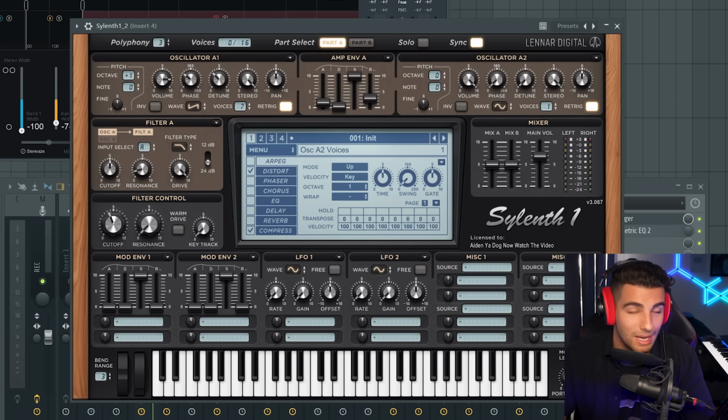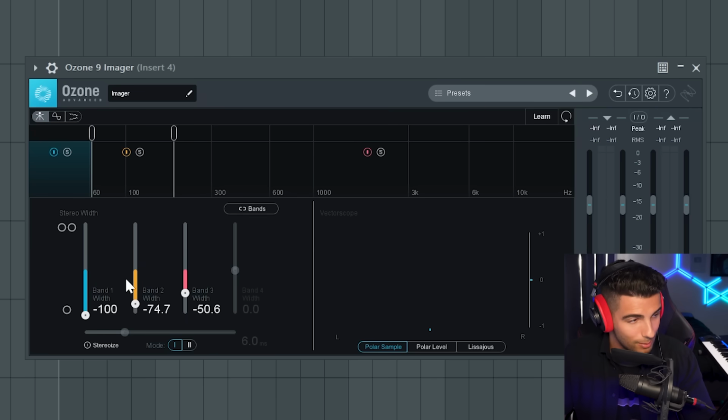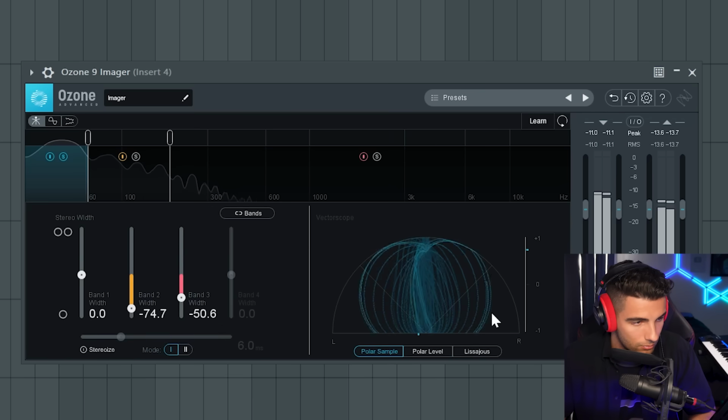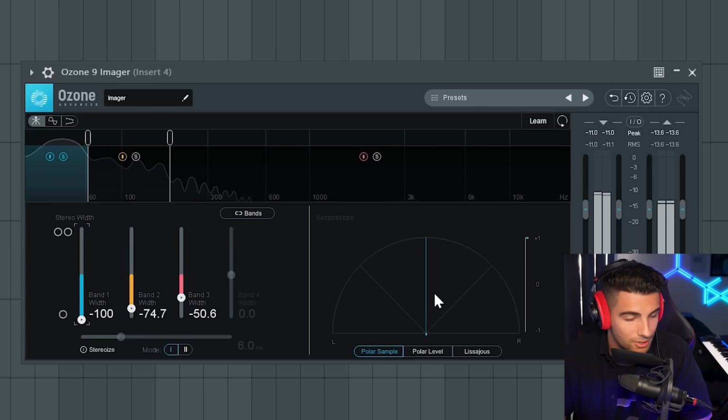They're really wide, and this normally wouldn't be a problem, but we're using this as a bass preset, which means that these sub frequencies here below 60 Hertz are going to have a really wide stereo width, and that's going to cause a bunch of phasing issues. So as you can see, I've brought these sub frequencies down to -100, which means that they're now playing in mono. So before it's going to look like this. Crazy wide. Then once we bring it down to -100, it's going to be playing in mono. As you can see, it's just a straight line.